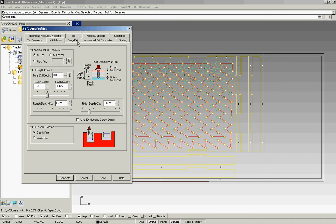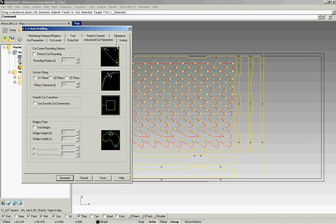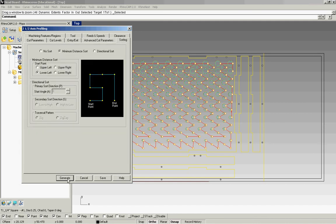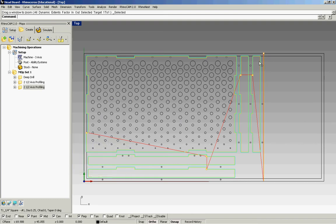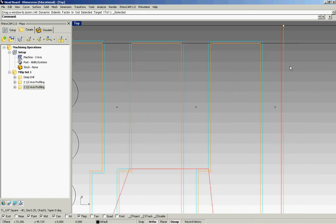Depth first is checked. That will make sure that each piece is cut out completely before it moves on to the next. And this will decrease your time a little bit. And none. Don't worry about the next advanced cut parameters, and the sorting, again, minimum distance. And hit generate and see what that looks like. So now I see that the blue line is on the outside of my orange geometry. And here on this open curve, the cut line is representative of this red